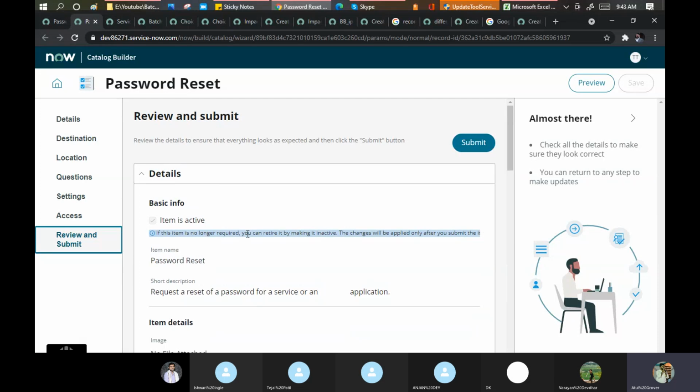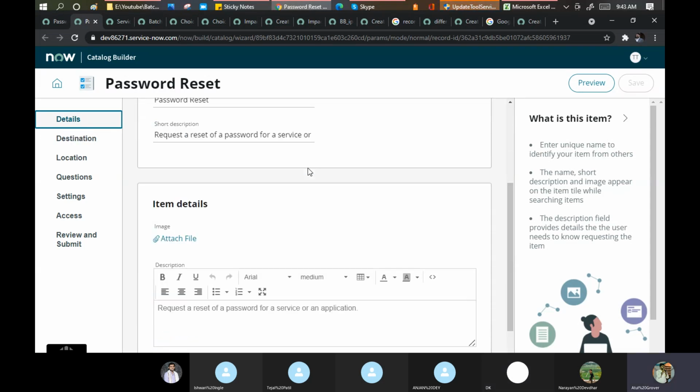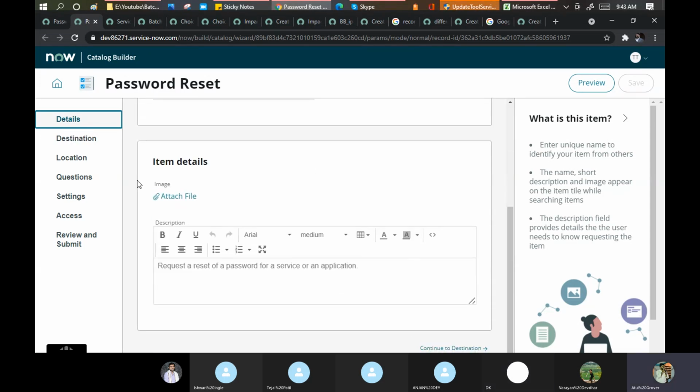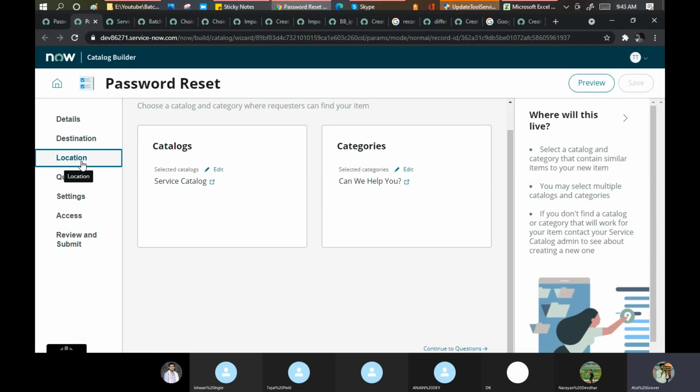Okay. Then do one thing. Create one record producer from the catalog builder. Try to create and see if it is working or not, because they did not mention anything here, right? No coding is there. Okay, try to create one and let's see. Simple, create an incident, put the table as incident, and then see if you submit that, will it create any record in the background or not? Maybe they have given some kind of default or out-of-box functionality in the background, which is not known to us now.